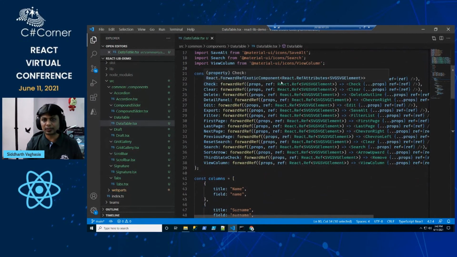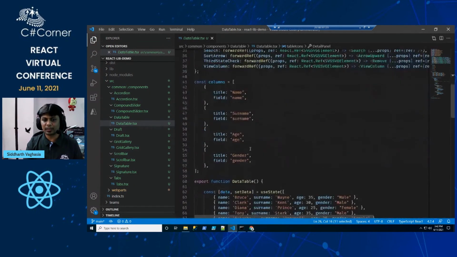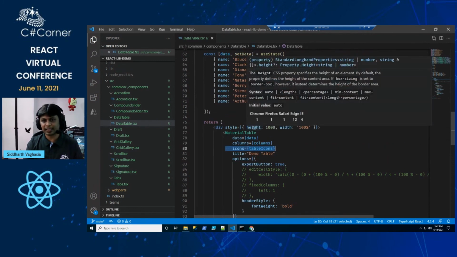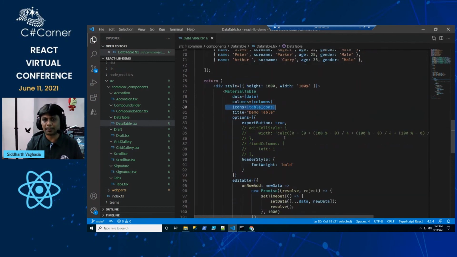This is pretty much from the documentation, where you tell it that you need an add icon, a checkbox icon, a clear icon, a delete icon, a detail pane icon. All of these you are passing, saying that these are the icons I need as a part of my solution. Again, we can check it from the documentation and use it.